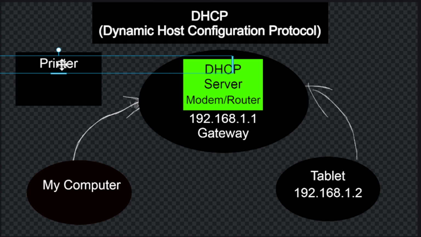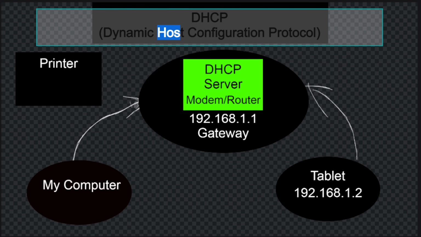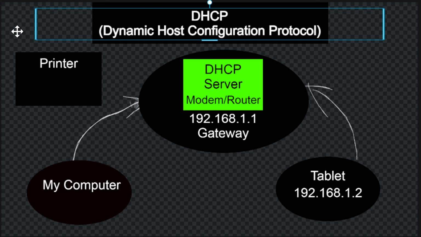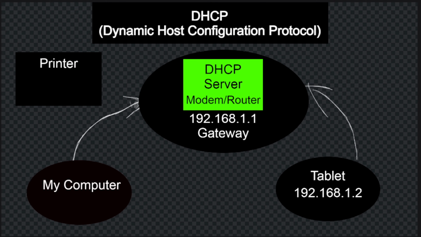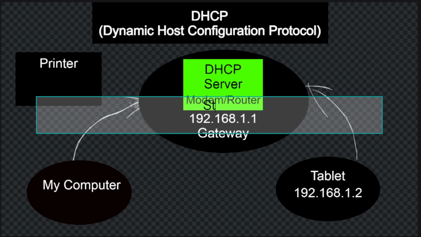So if the printer is added with its name, which is also known as host name, in this case the printer is also a computer, then it doesn't matter necessarily whether it's configured dynamically, right? And this is okay on a home network probably. But what you really want to do is assign this printer a static IP address,